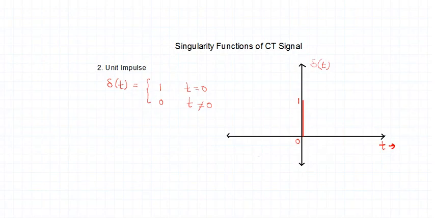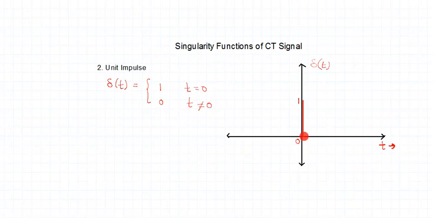Next is unit impulse signal, right? How do you denote the signal? We denote the signal as delta t, right? And how do we mathematically write it? We write delta t is 1 for t is equal to 0, delta t is 0 for all other values other than 0. Everywhere else it is 0, right? So this delta t, as you see, exists only for the 0th time instant.